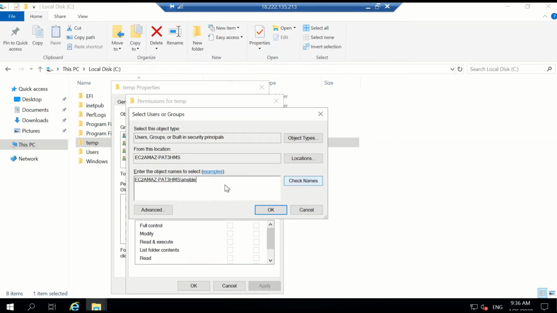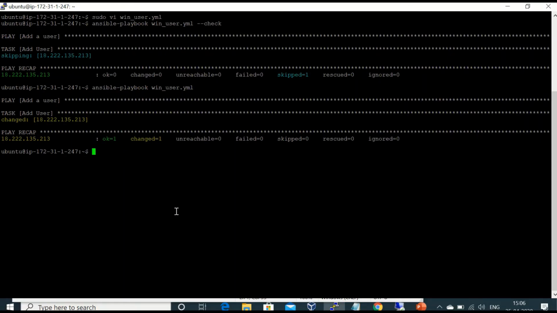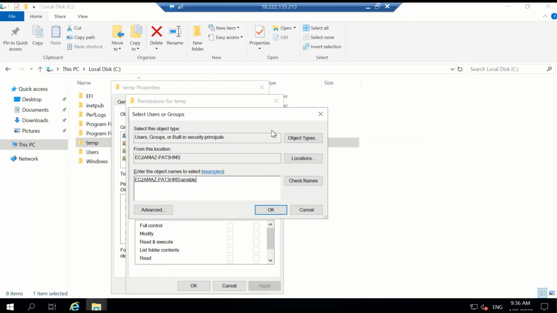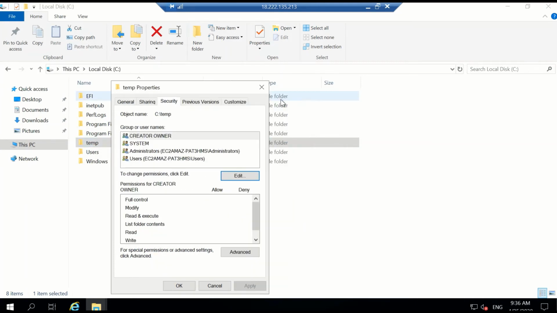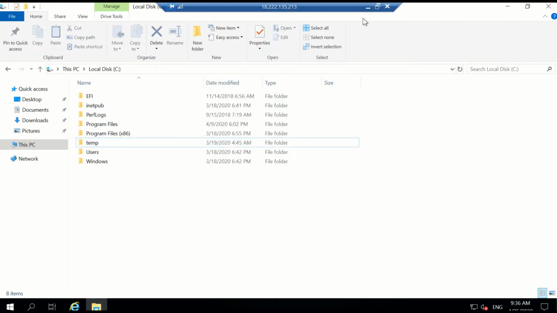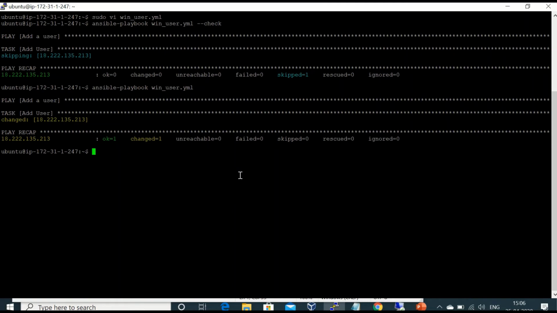So we have the user Ansible now created in the Windows machine, which we created using this playbook. So this is how to create a user in a Windows machine using an Ansible module. Okay, so let's see some more examples.